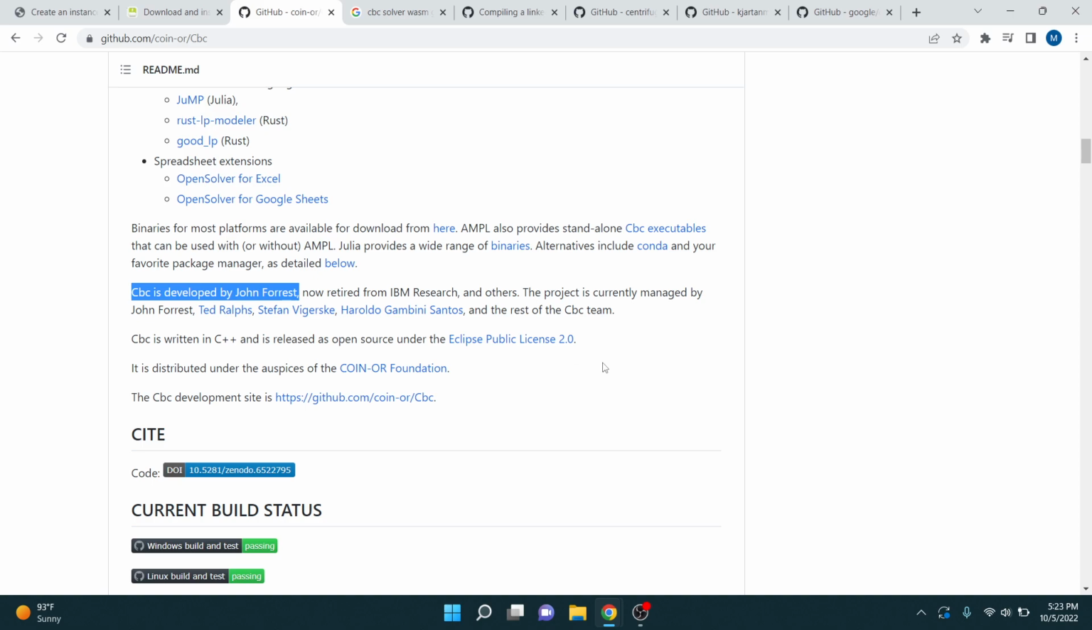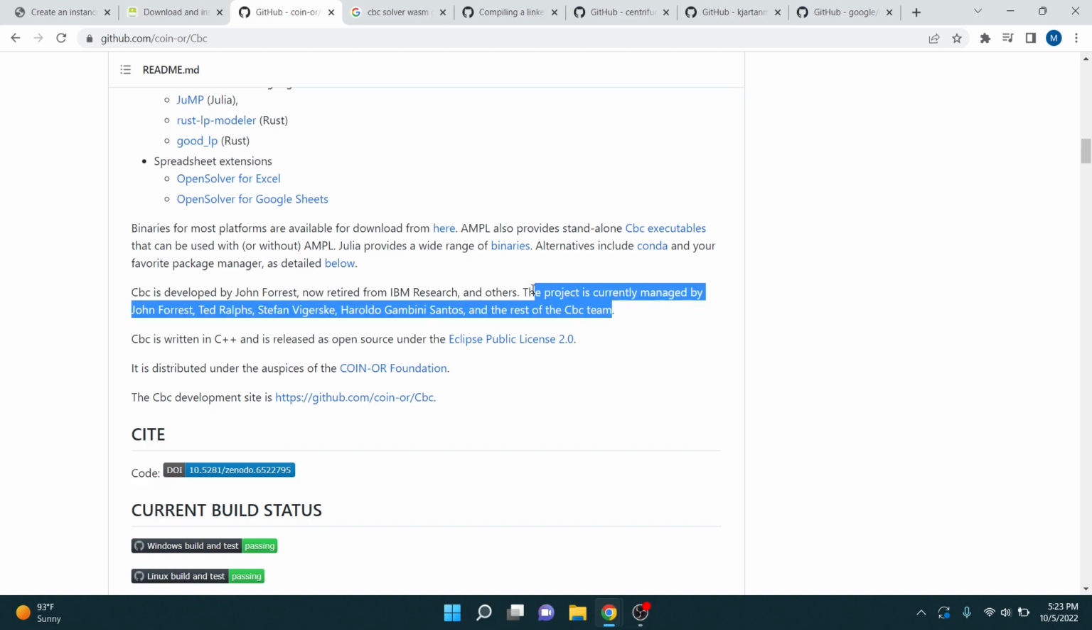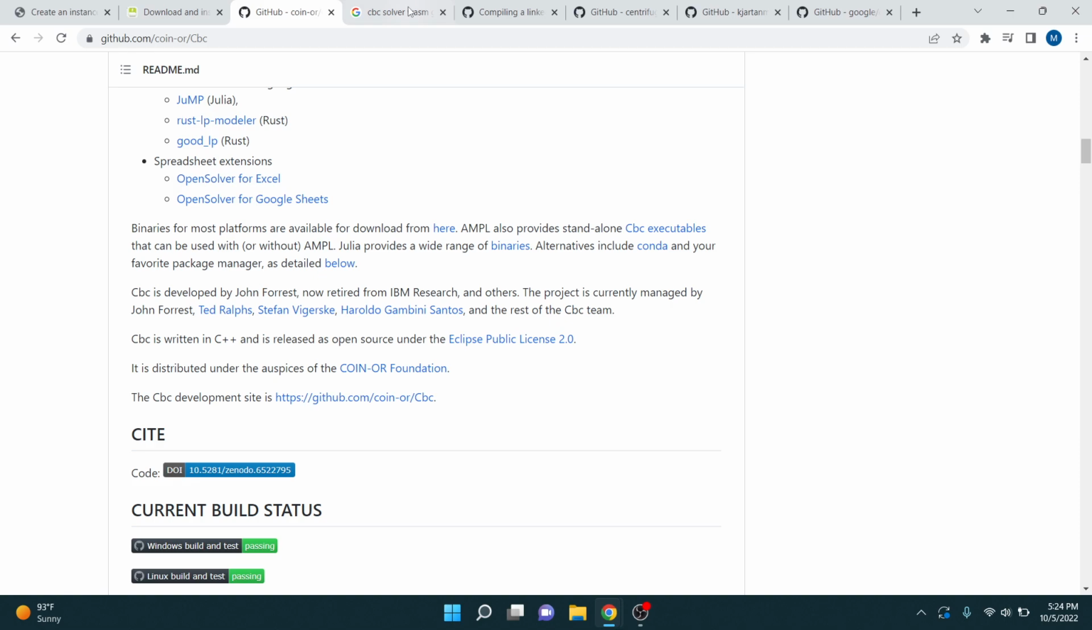So, as far as I know, it's kind of stood the test of time and it's still used. I'm not 100% on that. And I know there are commercial paid solvers as well, or I think there are. Anyways,